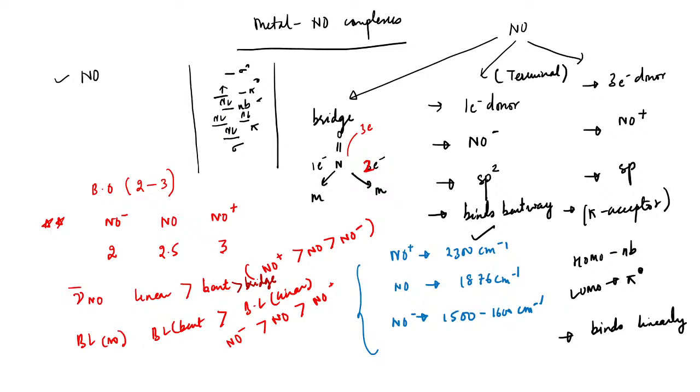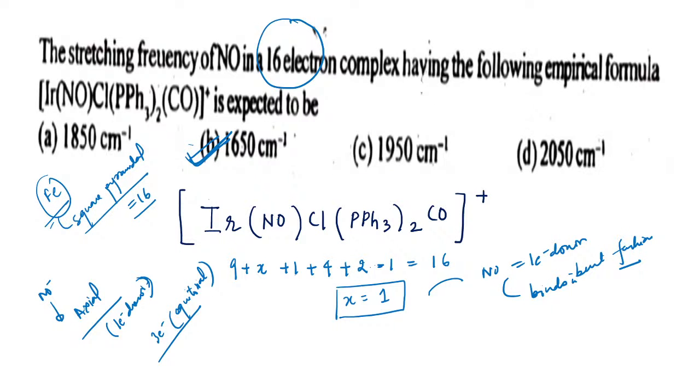So this is a quick revision of metal nitrosyl complexes. You can just remember this thing. It's a very famous compound, and it's square pyramidal, which follows the 16 electron rule. There is one more compound which is square pyramidal. There is one more special case, or one more special compound, for square pyramidal which follows the 16 electron rule, and that compound is